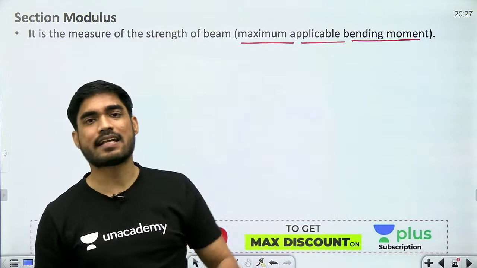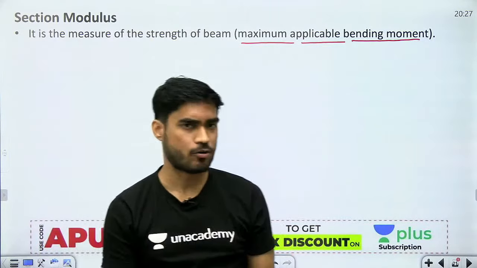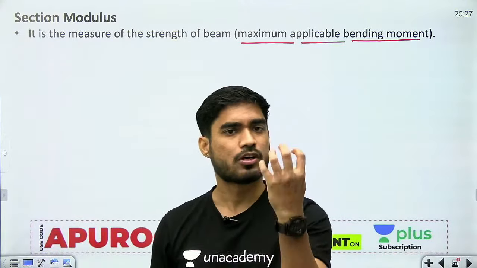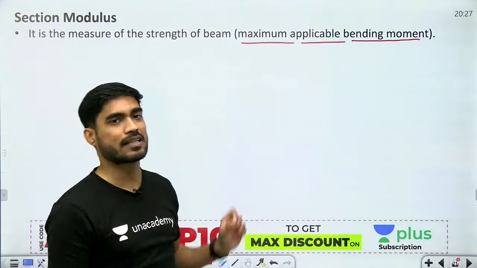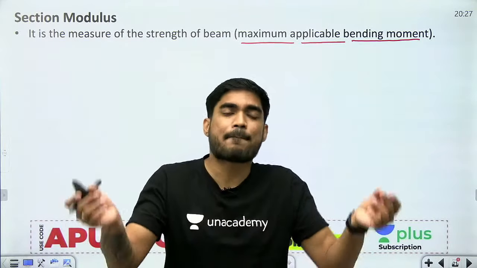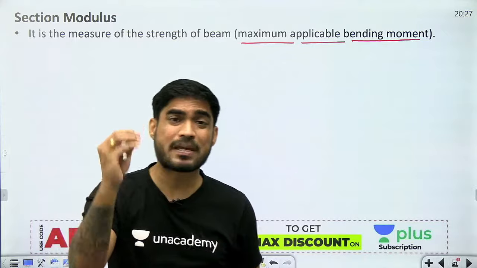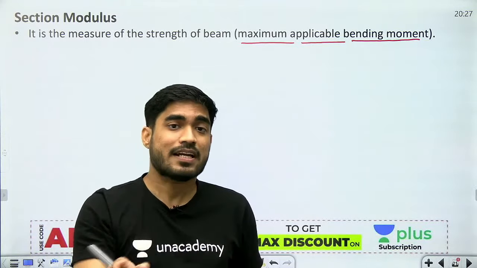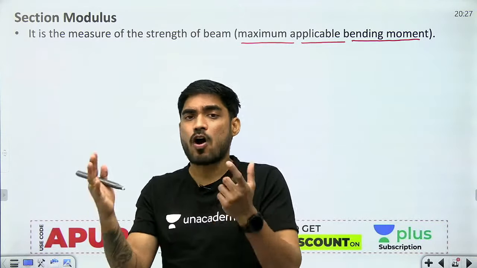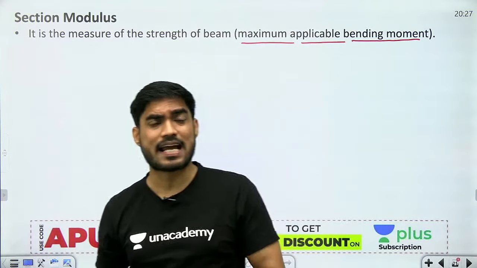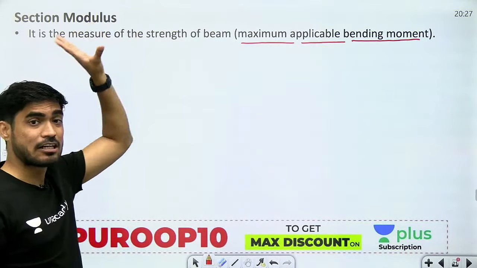किसी भी मेंबर की स्ट्रेंथ का मतलब क्या होगा कि वो मेंबर कितना लोड झेल सकता है बिना फेल हुए. अगर मैं शाफ्ट की बात कर रहा हूं तो वहां मैं देखूंगा कि ये कितना टॉर्क झेल सकता है. अगर मैं बीम की बात कर रहा हूं तो यहां मैं देखूंगा कि ये कितना बेंडिंग मोमेंट झेल सकता है. सो इज दिस पॉइंट क्लियर टू एवरीवन? व्हाट डू आई मीन बाय स्ट्रेंथ ऑफ अ बीम? नाउ इफ यू वांट टू नो हाउ स्ट्रॉन्ग दिस बीम इज, अगर आपको ये देखना है कि ये बीम कितनी स्ट्रॉन्ग है, then you calculate the section modulus.